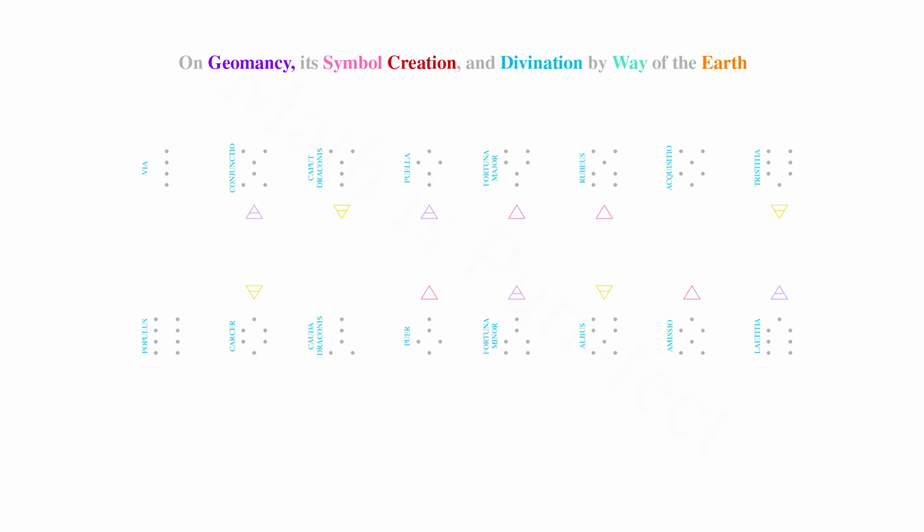Finally, the element of water was attributed to the symbols for via, way, populus, people, cauda draconis, dragon's tail, and acquisitio, gain. Agrippa then assigns to each of these symbols representations of the planets in both of their attributed constellations, save for the greater luminaries, which each reside in only one. Progressing in the order of the heavenly bodies from antiquity, namely Saturn, Jupiter, Mars, Sun, Venus, Mercury, and the Moon,